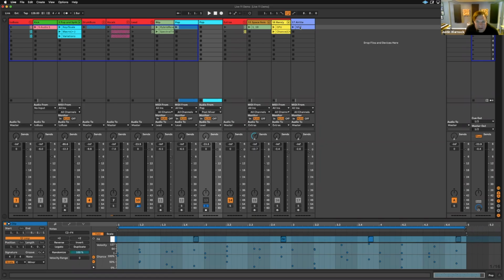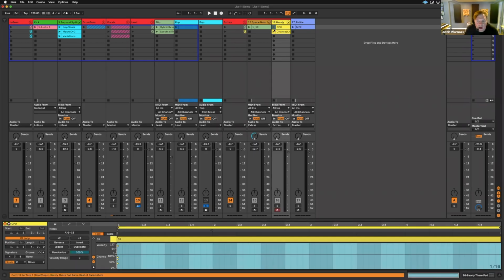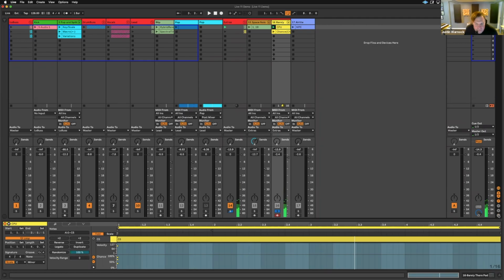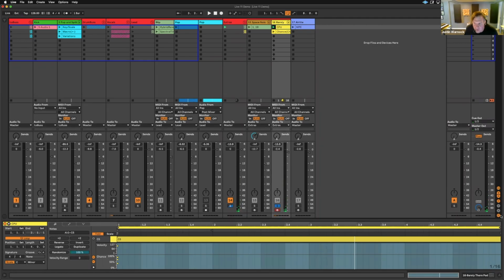And the last thing that I'm going to show you guys today. Oh yeah, actually one more thing before I get to the last thing. CPU. So you'll see in this case, this instrument where we had the pads playing, you're going to see on the bottom of each track now, and you can toggle to see it or not see it, right on the right-hand side here, you have basically your CPU usage per channel, or per track. So you can see as I'm running everything,